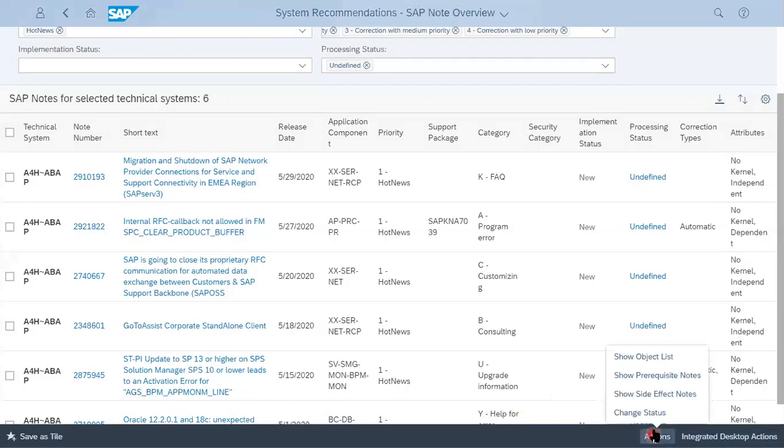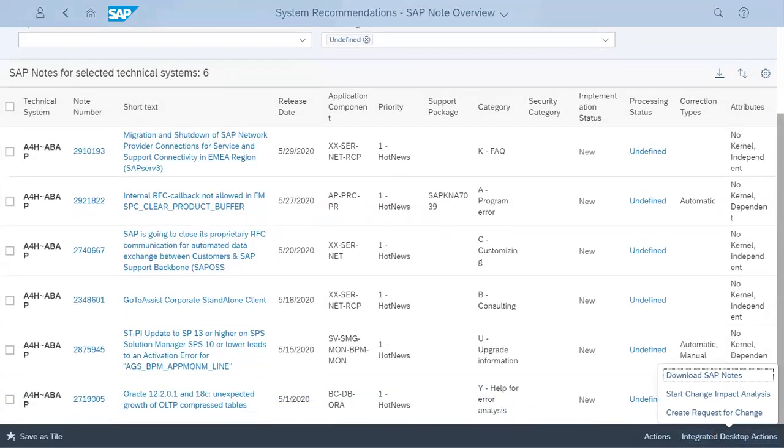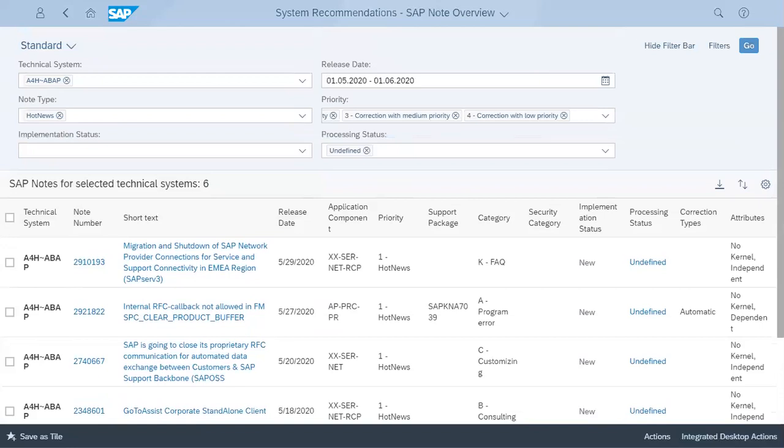These actions are object list, prerequisites or side effect notes, or you can also change the status in mass. And these are some options which can be used for other purposes as well, based on how your note is going to be implemented in the managed system or SAP Solution Manager.